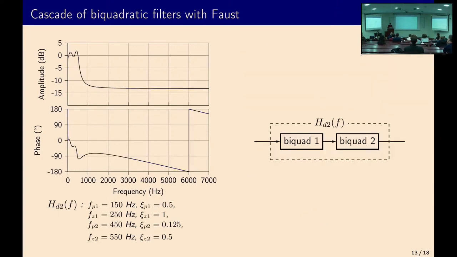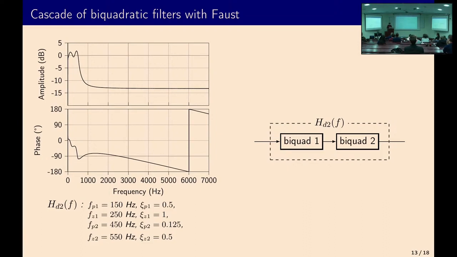But what is really great with Faust and the FPGA is that it is really easy to change the configuration of filter. In this case, we can set two backward filters in series. The idea of this is just to broaden a little bit the frequency range of attenuation. And you see on the amplitude that it is still doing the same, amplifying the low frequency, but here in a larger frequency band. And of course, on the phase response, we still have the slope because of the latency, which is the same in this case.